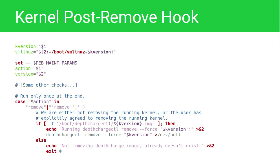The tools I made are very configurable, if I say so. Yeah, not to brag, but